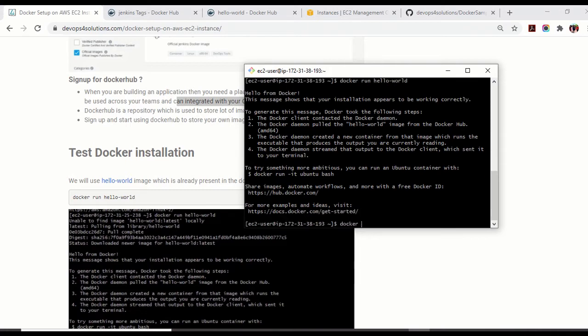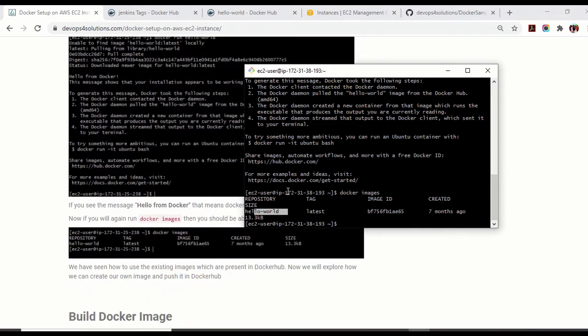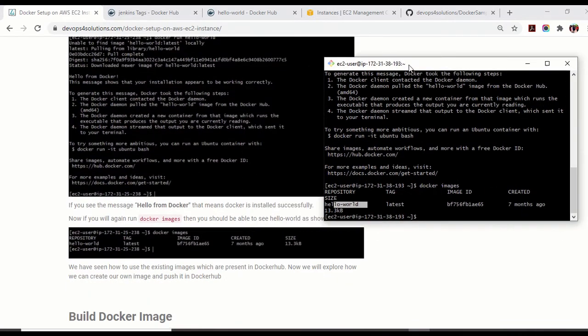If I do docker images, you see here I can see this image. It has installed the latest version because we have not provided any version, so by default it took the latest. This is how you can test your Docker installation, whether everything is working or not.